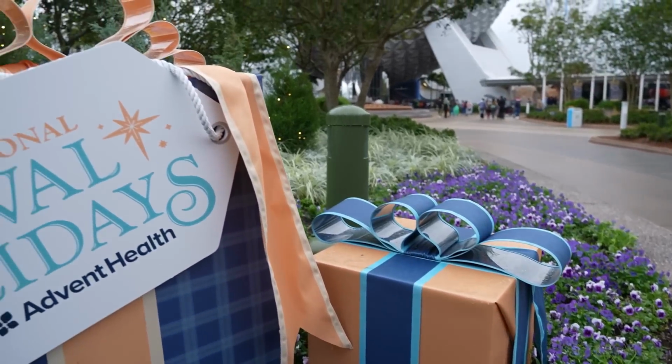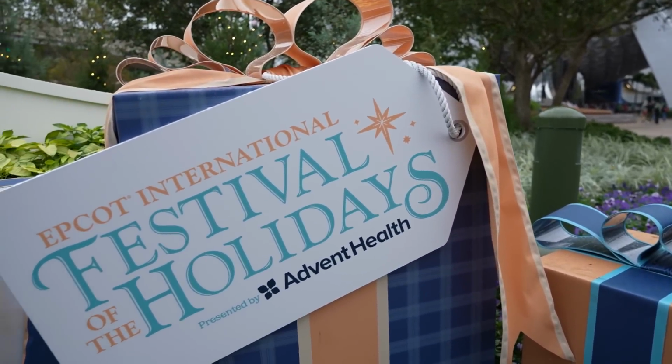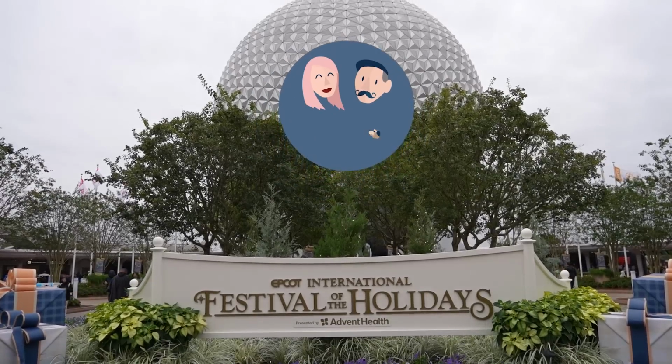Good afternoon from EPCOT. We are here today to complete the cookie stroll. So, if you guys are not familiar, usually during events such as Festival of the Holidays, which is what's happening right now, there is a special challenge to do with food. For the Festival of the Holidays, it's the cookie stroll. The basic idea is you have to go around and eat 5 cookies, and then once you eat all 5,